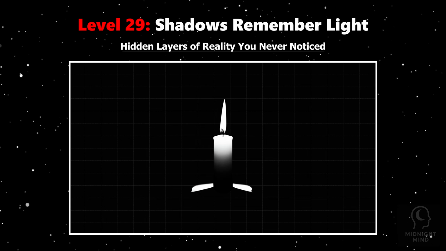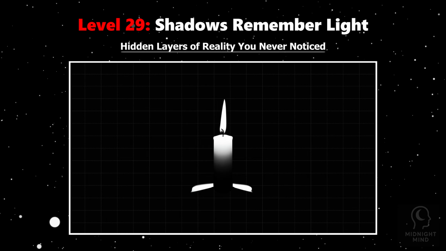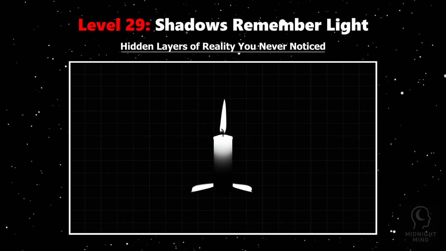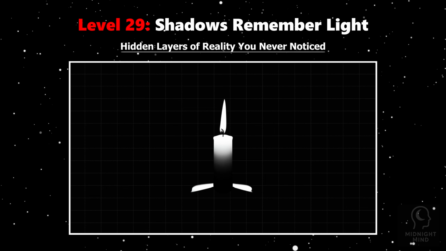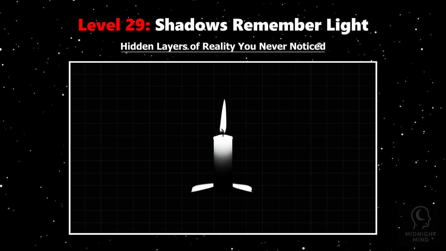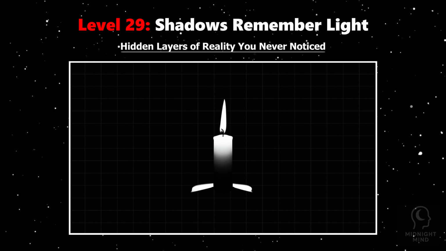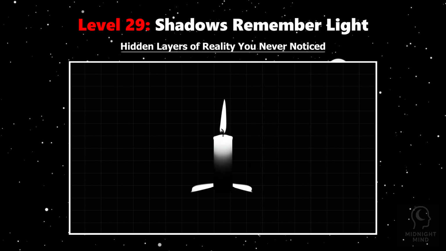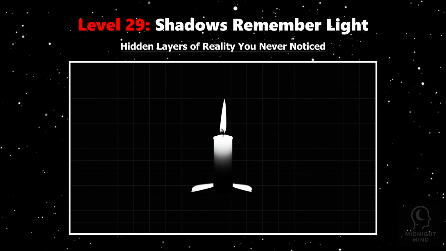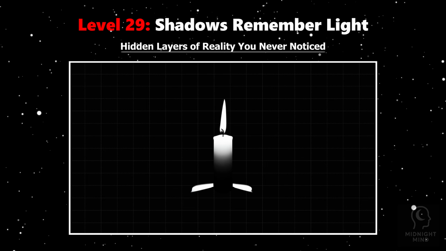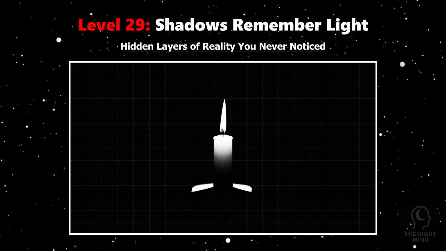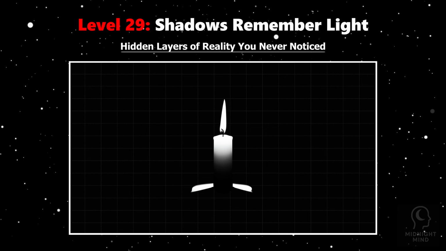Neuroscience reveals how your brain interprets shadows not as emptiness, but as depth and form, reconstructing spatial memory from the absence of light. Shadows become carriers of history, holding the imprint of light's presence, duration, and angle. Like memories etched into the fabric of space, they remind us that absence is never total. In every dark corner, a story of illumination lingers, a record of what was, not just what isn't. So shadows aren't just darkness, they are the memory of light, quietly preserving its passage through time and space.